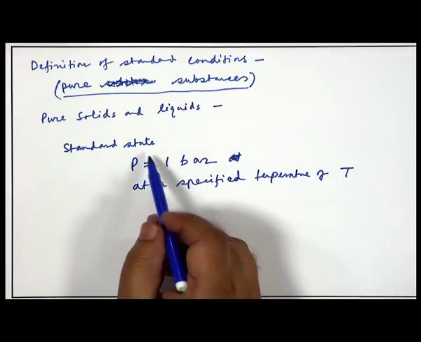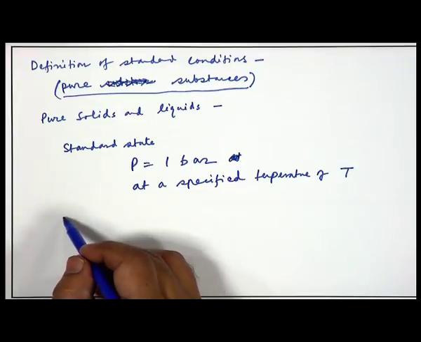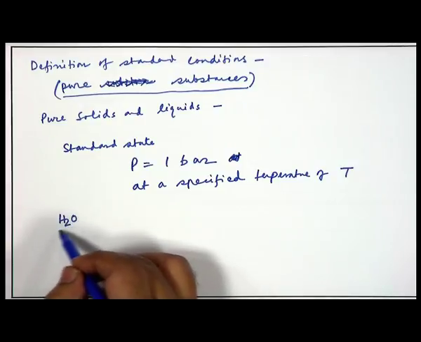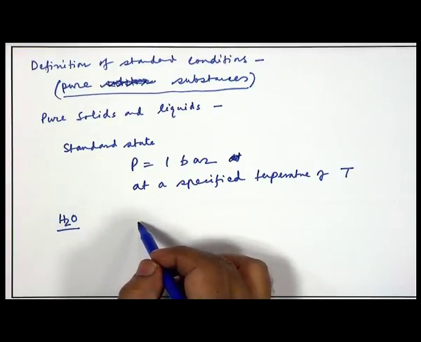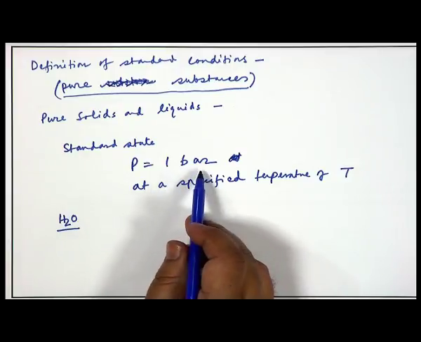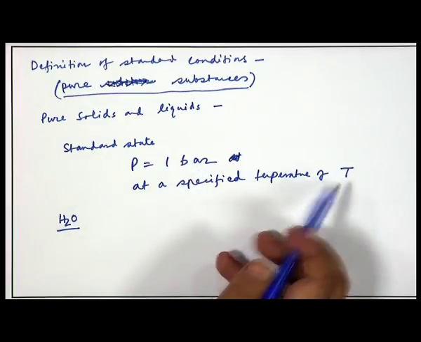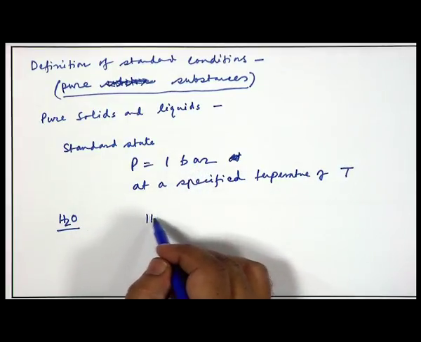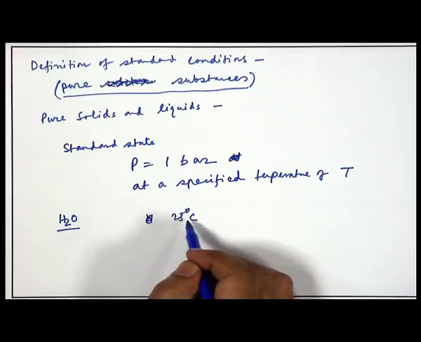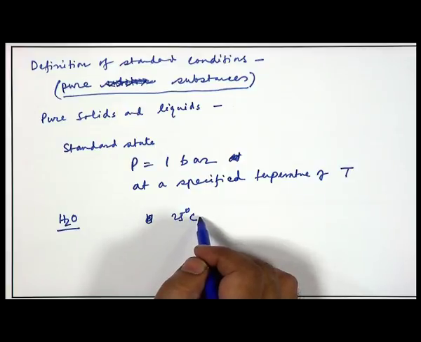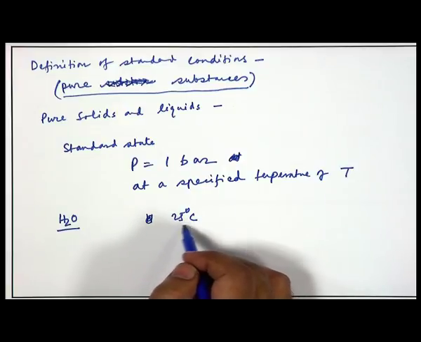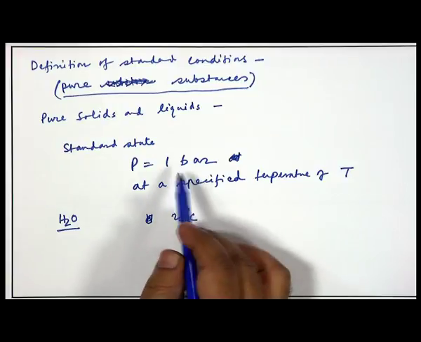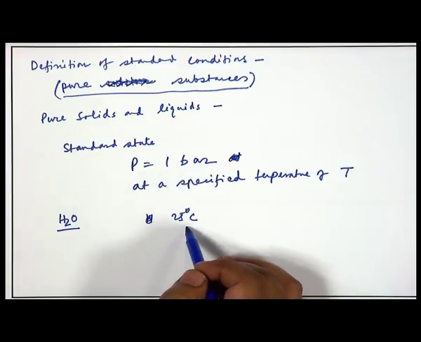So, say we want to specify the standard state of liquid water. If we want to tell the standard state of water, it will be a state where water is at 1 bar pressure and we have to specify the temperature. So, if we want to write the standard state of water at 25 degree centigrade, it would be water at 1 bar pressure and at 25 degree centigrade,